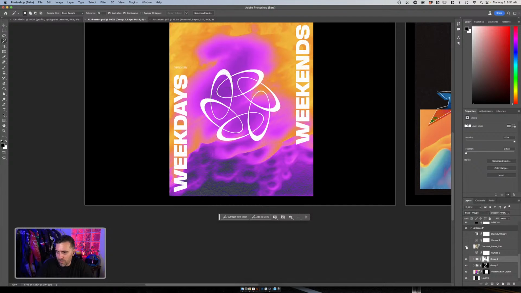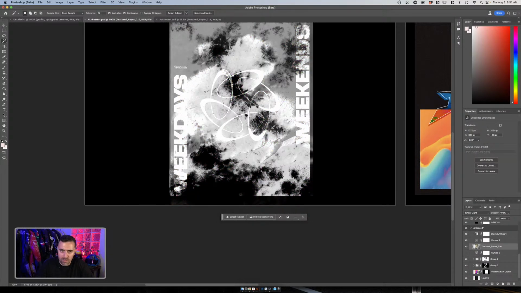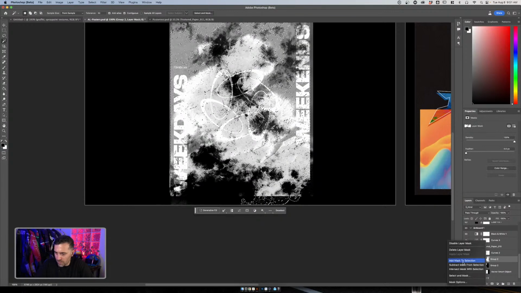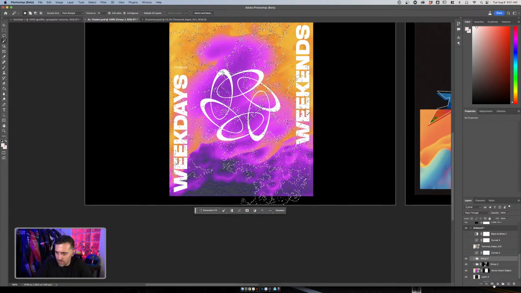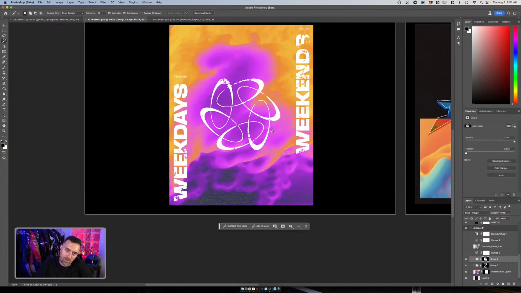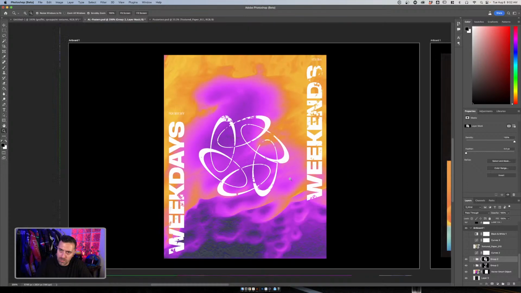So maybe I need to just go back in here and select this gray now, and then delete that layer mask, and then go into this mask, and then yeah, it feels a little bit better. So I think just by doing that, we've got 2 different like texture effects going on it, and it starts to feel a little bit better.